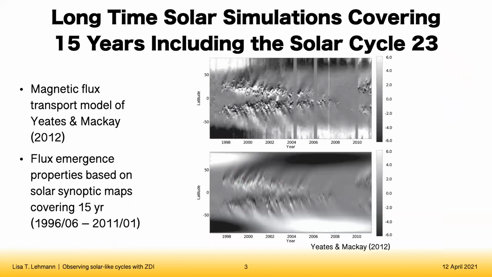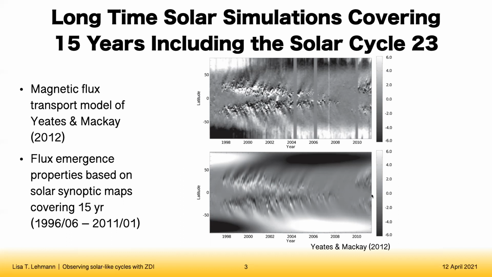The dataset I present today is based on the work of Yeates and Mackay in 2012, where they simulated a whole stellar cycle. Anthony Yeates extracted the properties of emergent active regions out of synoptic maps observed by the National Solar Observatory at Kitt Peak, covering over 15 years. And these emergence properties were used to simulate the solar vector magnetic field from the photosphere to the corona in